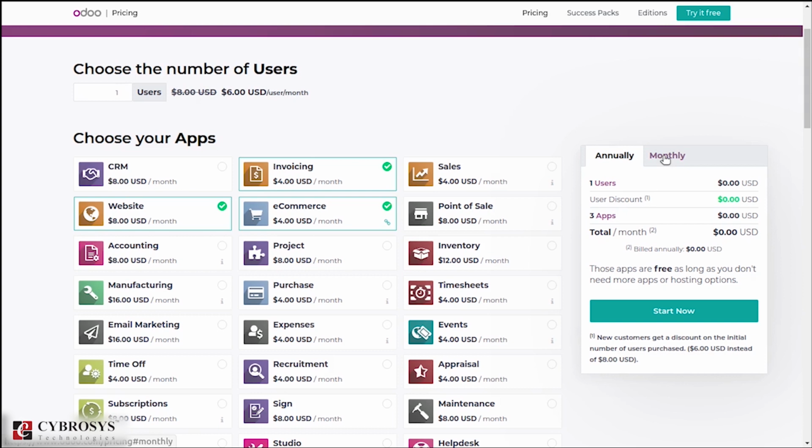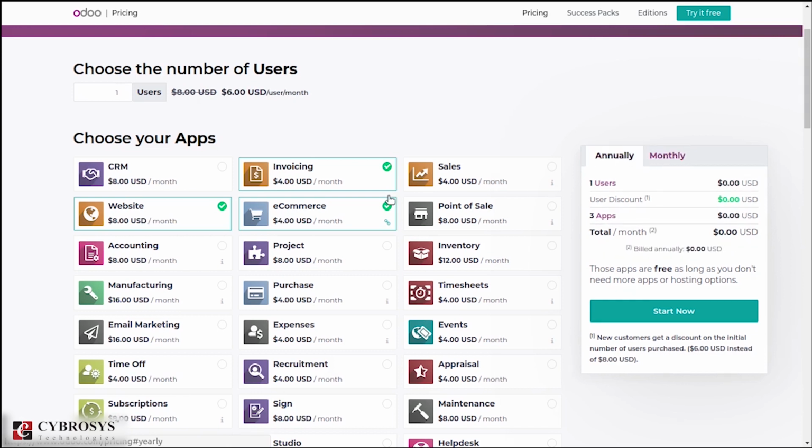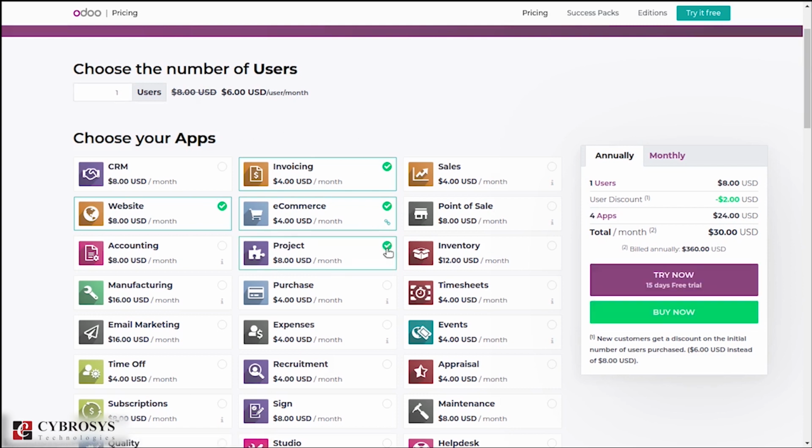Here the annual computation as well as the monthly computations can be viewed on the basis of the users that you are providing. You can see those computations based upon selecting the number of apps itself. Here you can see the count of the apps is increasing as well as its amount.